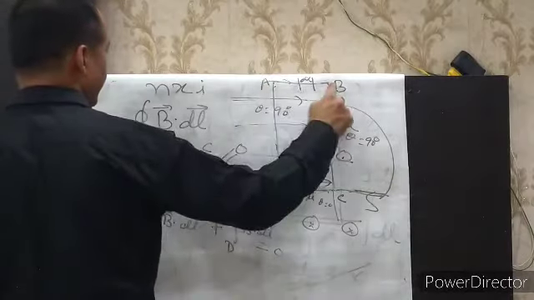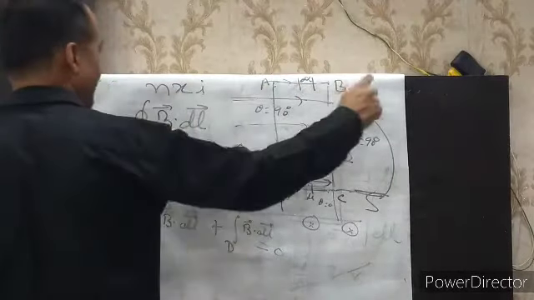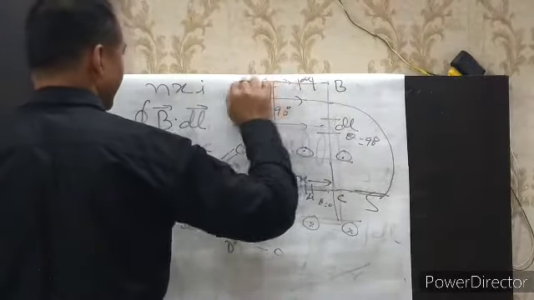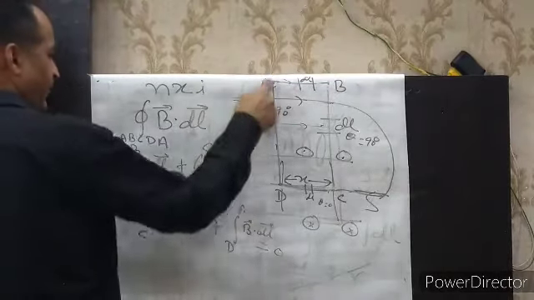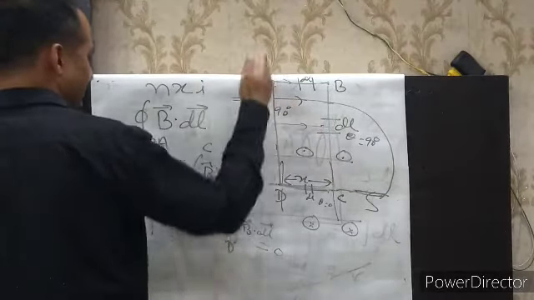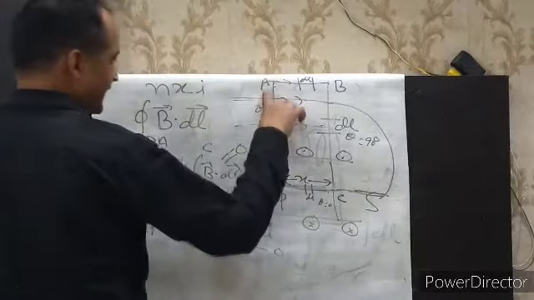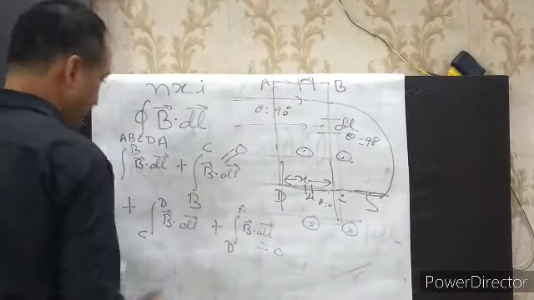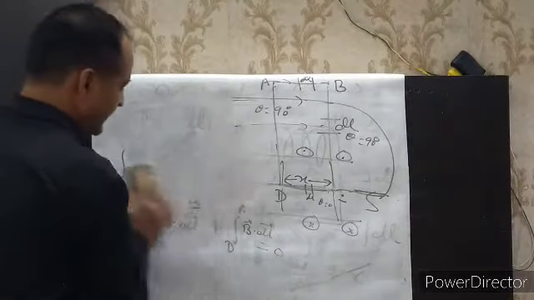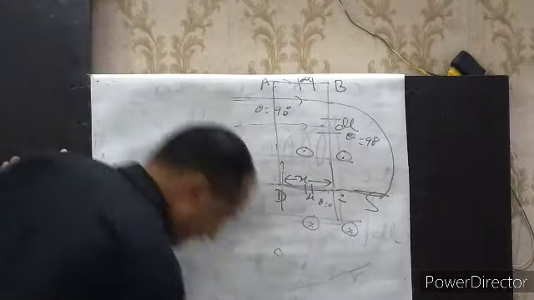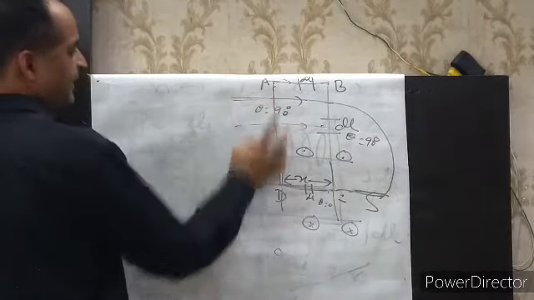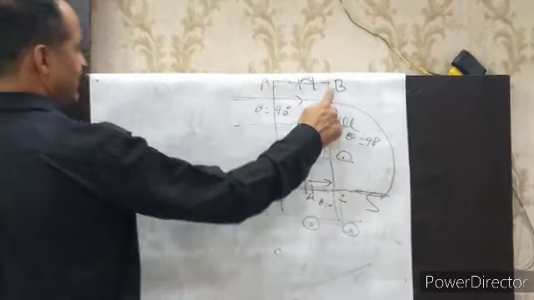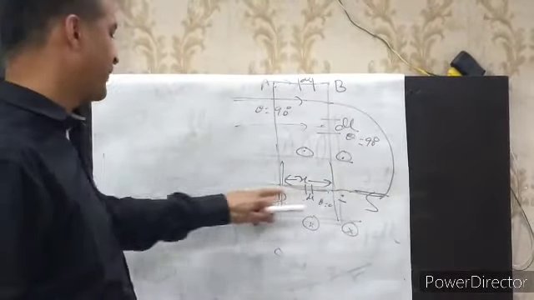Here theta is 0 because this is the direction of the magnetic field and this is the direction of dl; dl and the magnetic field are in the same direction. But for this line, the magnetic field is like this and dl is like this, so theta is 90 degrees. For this also theta is 90 degrees. For this theta is 0. When we integrate, this term becomes 0, this term becomes 0, this term is negligible, and we only get C to D.